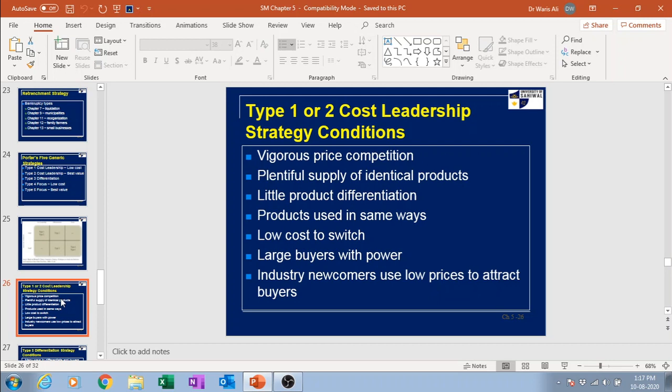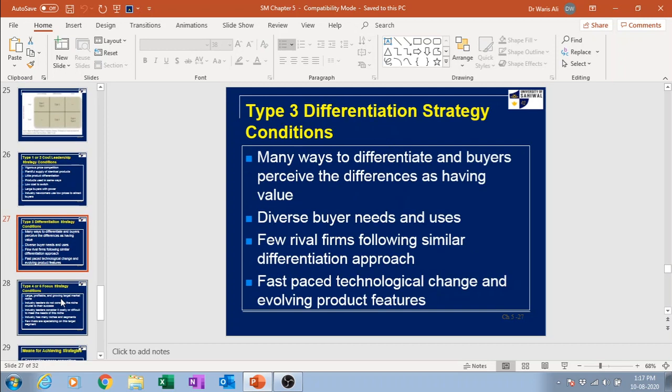So if we have such a situation in the market, in that case the cost leadership strategy will be used. You have two choices, either low cost or best value. You can opt for one of those strategies. Sometimes we can follow a differentiation strategy, and differentiation will be through focus and through